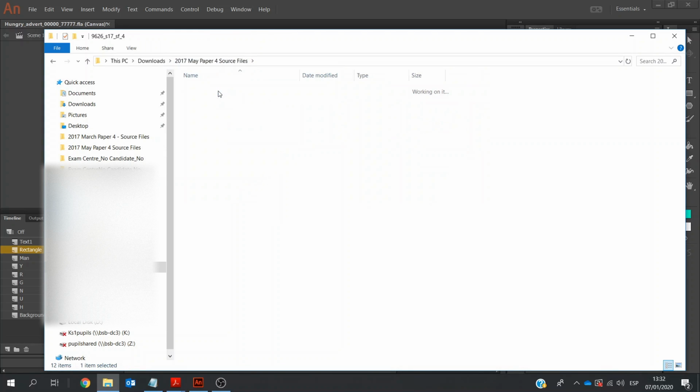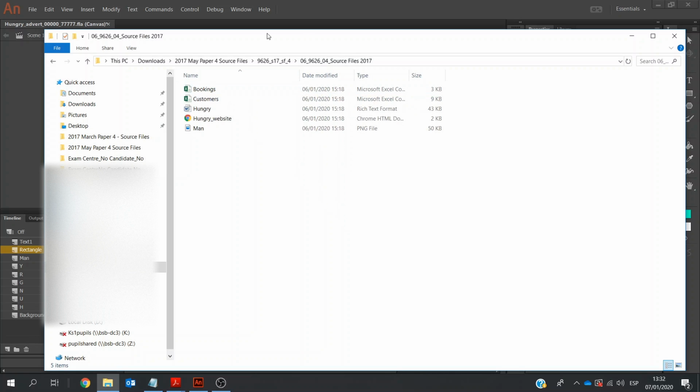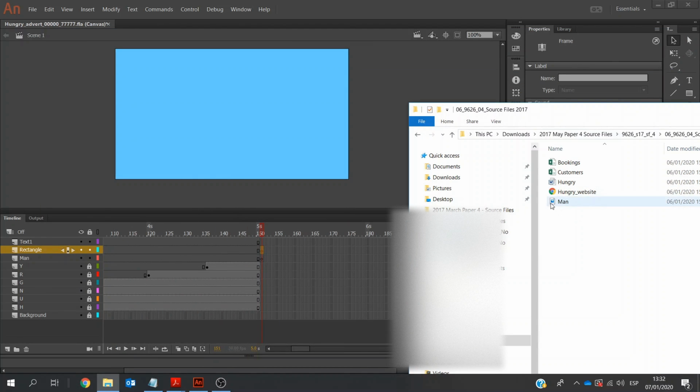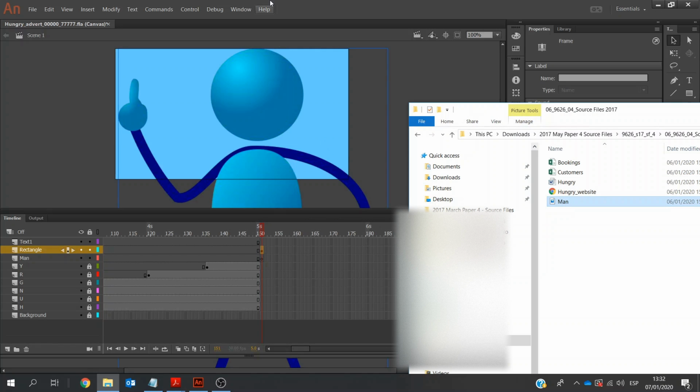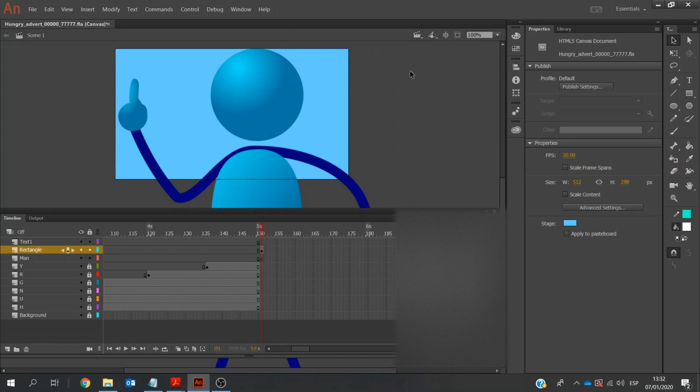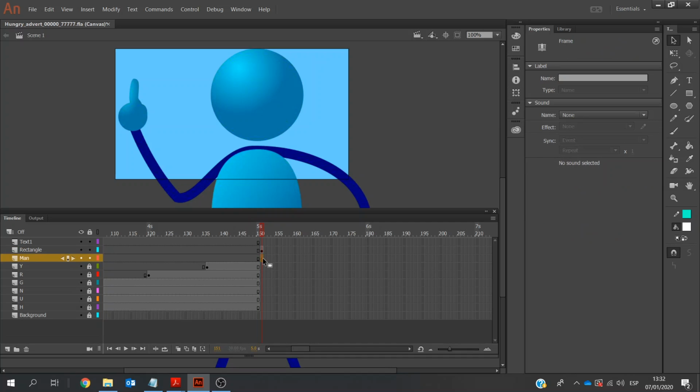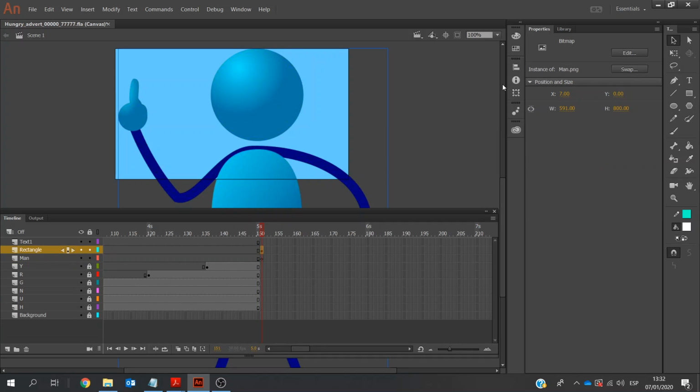My source files are here. And bring that in. Okay, this has come in, it's very large, so just click off this. I'm going to go over to my transform tool over the right hand side, free transform tool, and oh no, I'm on the rectangle. Then we'll need to go back to my timeline, make sure that this image is selected. Now over to my transform tool, and